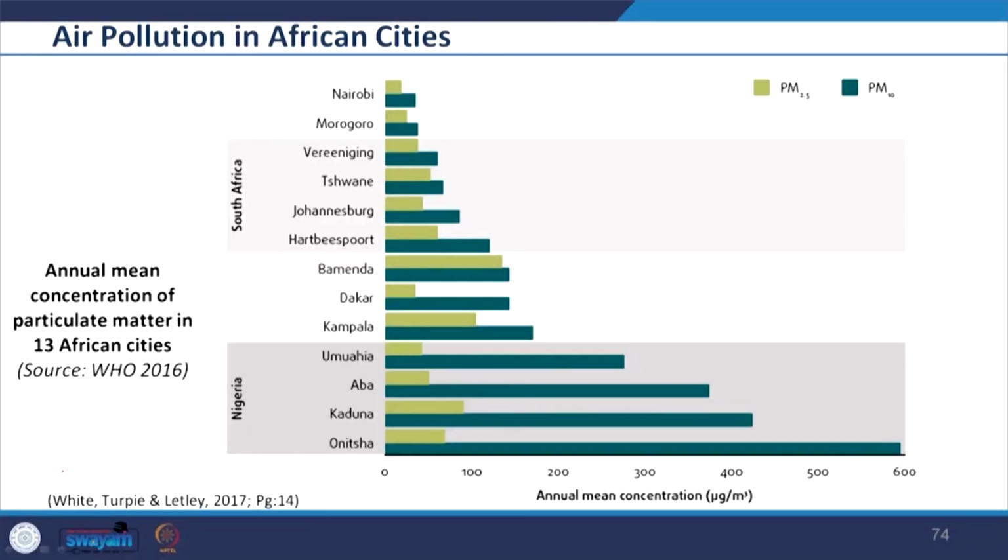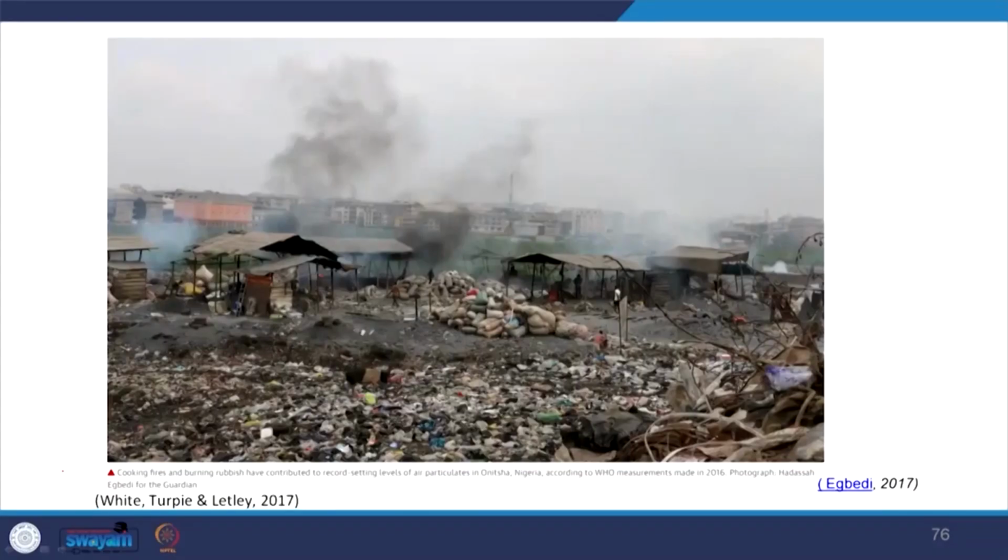According to the latest urban air quality database released by WHO, 98% of the cities in low and middle income countries with more than 1 lakh inhabitants do not meet WHO air quality guidelines. The situation is particularly bad in Nigeria, where 4 of the worst cities in the world for air pollution are located. According to WHO, Onitsha in Nigeria is the world's most polluted city when measuring small particulate matter PM10 concentration, with concentrations being 30 times higher than the WHO recommended levels.